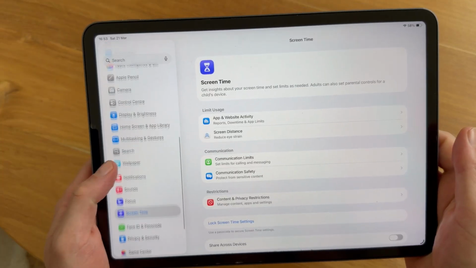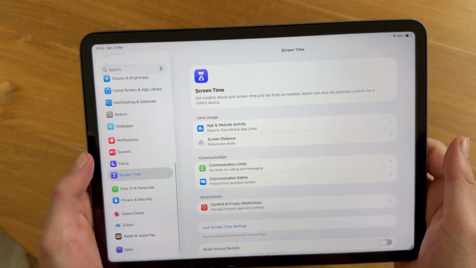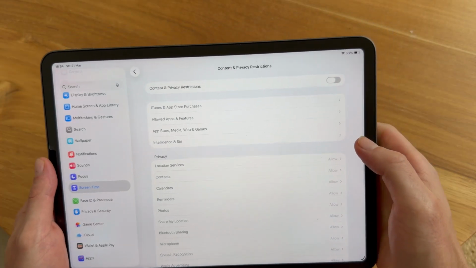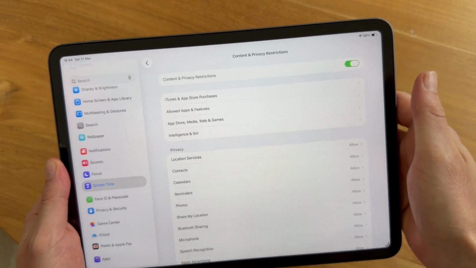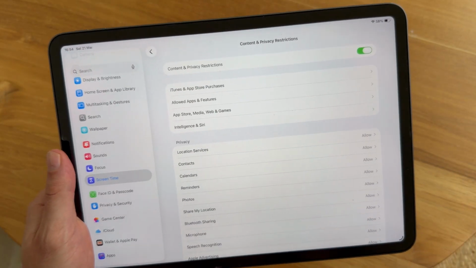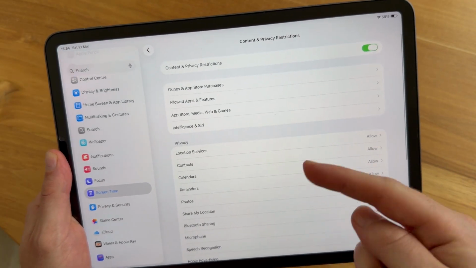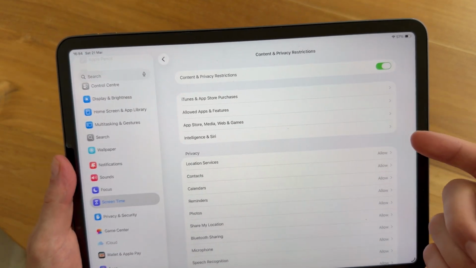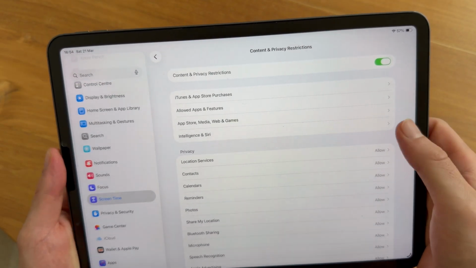You can then scroll down on the left-hand side and select screen time. You can then click on content and privacy restrictions and make sure this is turned on and enabled. Now once you've turned this on, this is where you can go and restrict certain features on the device. Now this really just comes down to personal preference and what you want to restrict, but some of the main